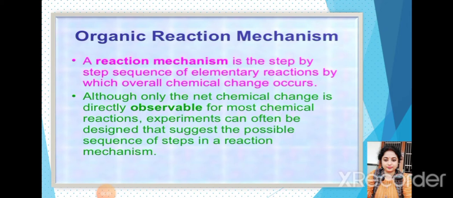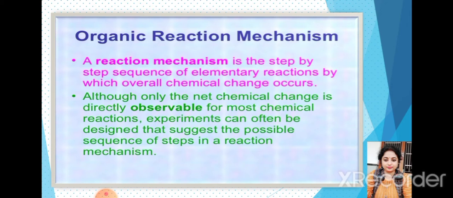Let's see the electron displacement effects in covalent bonds. Actually, you should know that electronic displacement in organic molecules may occur either due to the presence of an atom or group, or under the influence of an attacking reagent. We have discussed the substrate and attacking reagent. So electronic displacement occurring in the organic molecule will be either due to the presence of an atom or group, or under the influence of an attacking reagent.